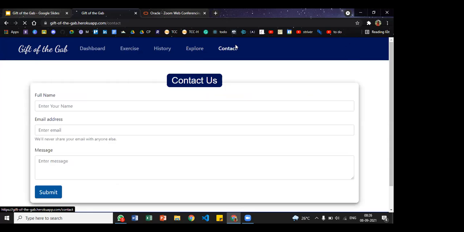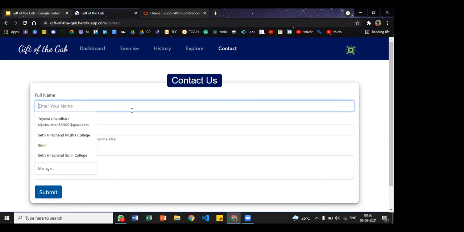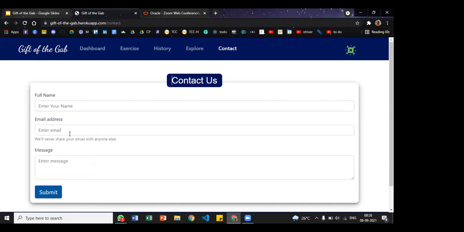And apart from this, we have a contact us form. Any user, whether he or she is signed in or not, can contact us regarding their queries or drop in a feedback or suggestion, and we will be there to solve all of their queries. And apart from this,